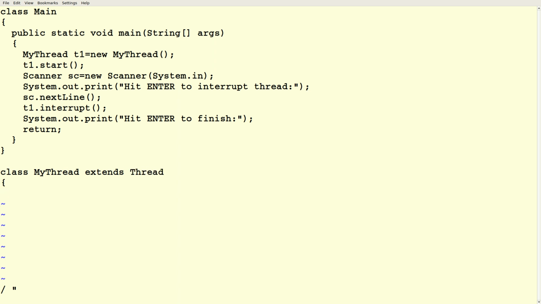So here's my thread. Here's our run method. So we'll print a message when we're starting.